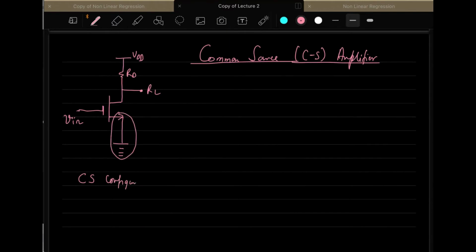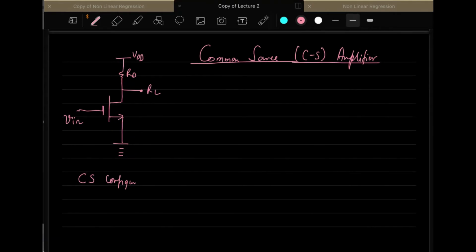Here you have a drain voltage VD, and if you are taking a voltage out at this point, it is always VDS. And if you apply V in, which is actually VGS, you see S is common to both of them. You are taking with respect to source, and the source is common to both. That's why we call it the common source configuration. If this is the situation, then I want to do a small signal analysis of it and see what the voltage gain is.